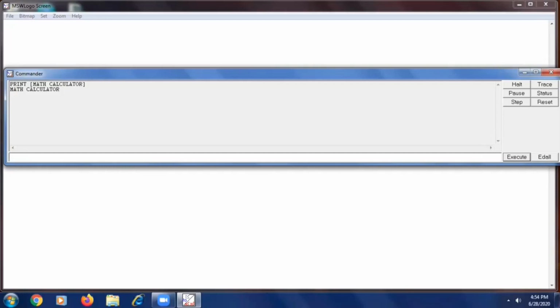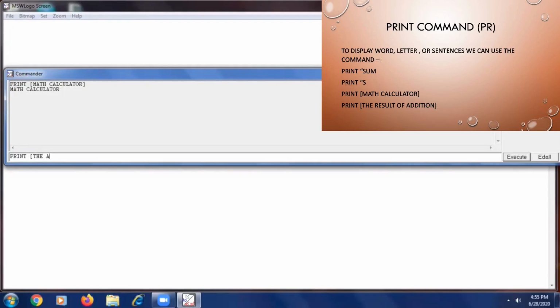Now I want to do the addition of 4 and 5, and I want to write it this way: the addition of 4 and 5 is, then the result. So I have to do print, the addition of two numbers 4 and 5 is.